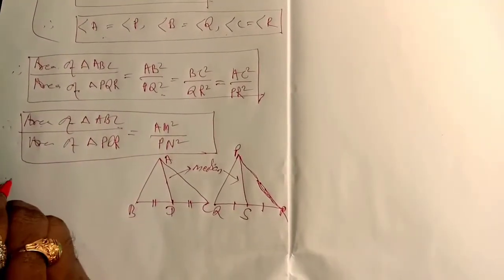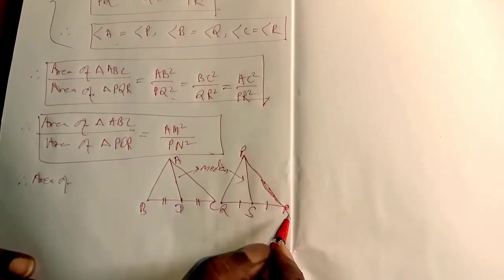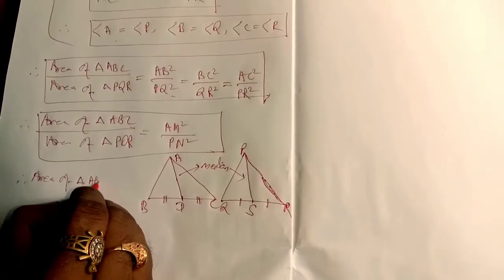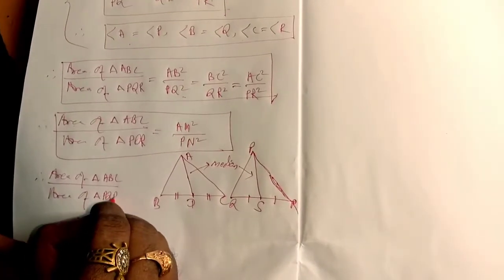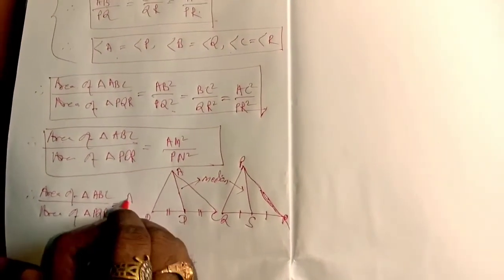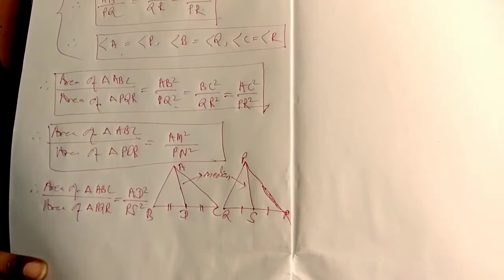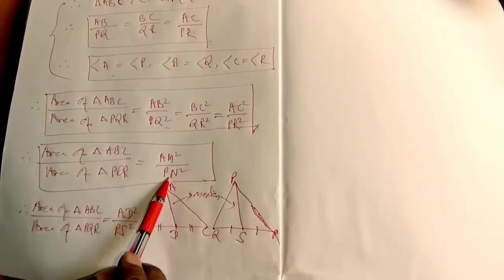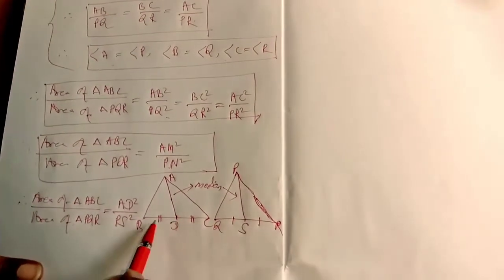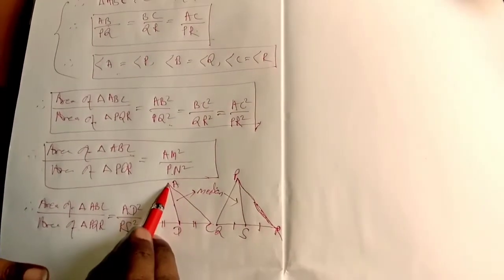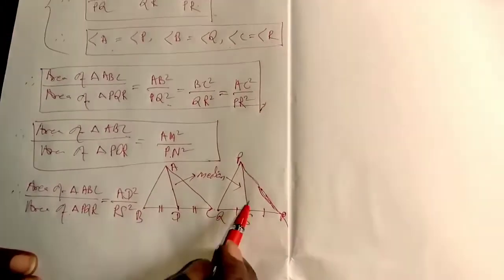Therefore, if the triangle ABC is similar to triangle PQR, then area of triangle ABC by area of triangle PQR is equal to AD square by PS square, median whole square. First of all, side square ratio, altitude square ratio, then the area ratio will be equal to the median square ratio. Median, you know what is median? The midpoint of BC joined to the opposite vertex. That is called the median. Therefore, AD is the median of triangle ABC, AD square by PS square.